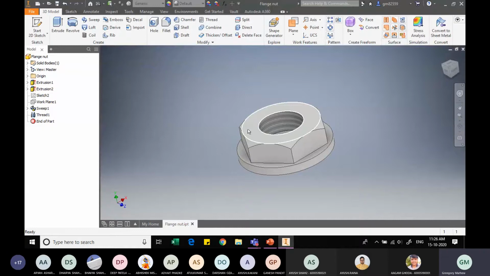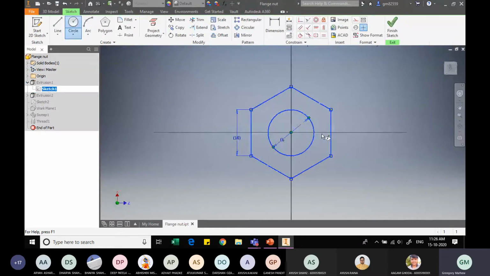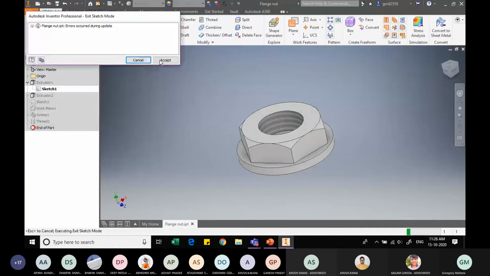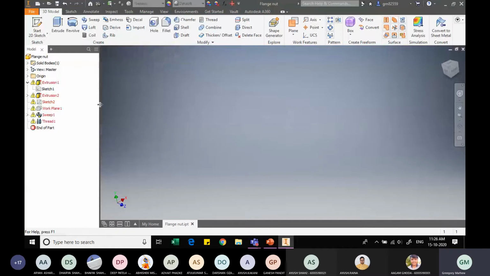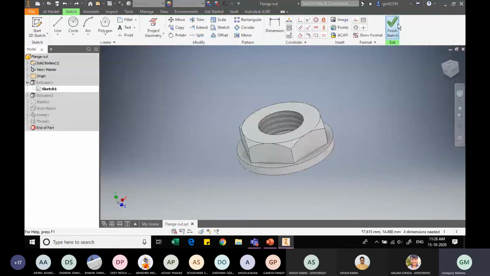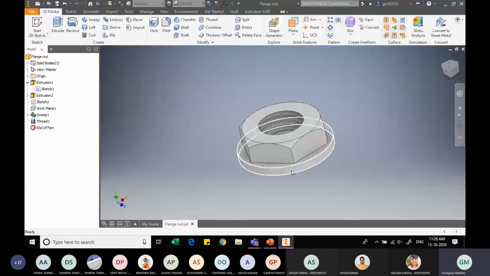that will not work. Okay, that is because I made an error in the sketch itself. I had incorporated this circle. So let me delete this. Accept. Oh, that's gone. So let me do the changes back. Okay, I will not make changes there. I will sketch one more circle on this face itself.